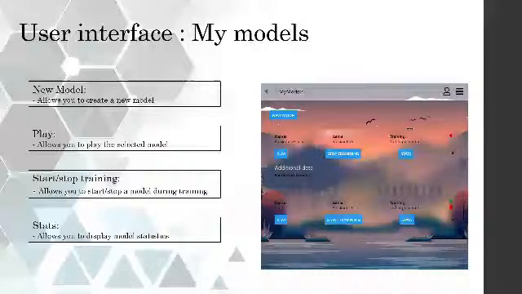You've got the main buttons: you can create a new model, you can play with the model you just created before, you can start and stop the training, which will run a Docker container, run the model on the container and train the model on it, and save some logs that you can find afterward in the stats button.